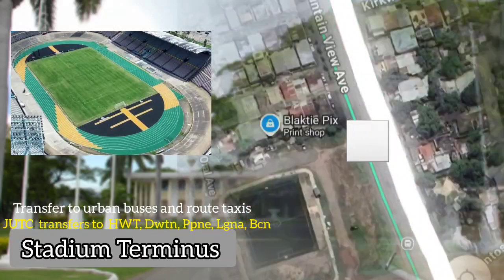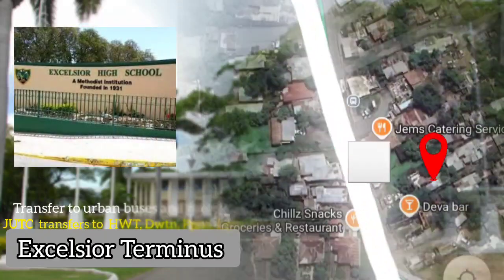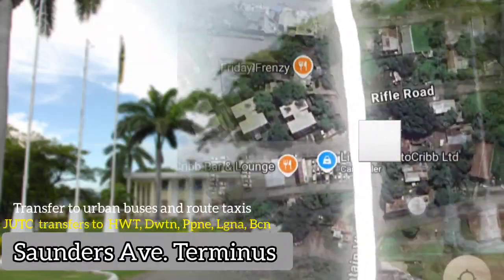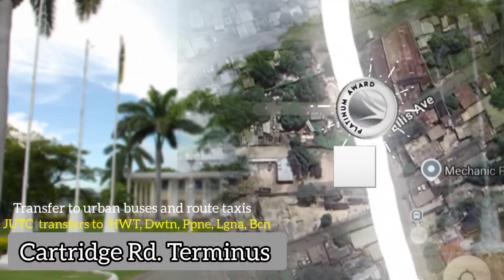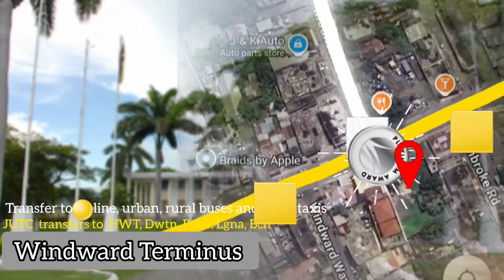Continuing south from the National Stadium, the Mountain View Express heads for its next stop at Excelsior Community College, and then continuing south for its next stop at Deanery Avenue, and then south for another stop at Saunders Avenue. The Mountain View Express Silver Line then continues south for another stop at Ildane Avenue, and then south for another stop at Cartridge Road. You're now in the parish of Kingston. The Silver Line then continues south along Mountain View Avenue for its final stop at Windward Road, where it connects